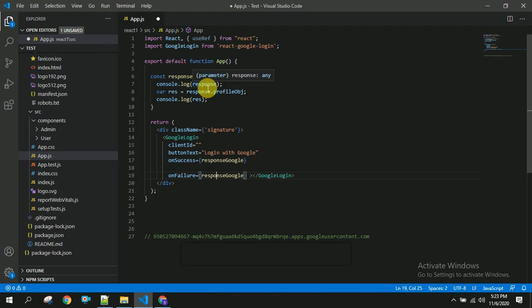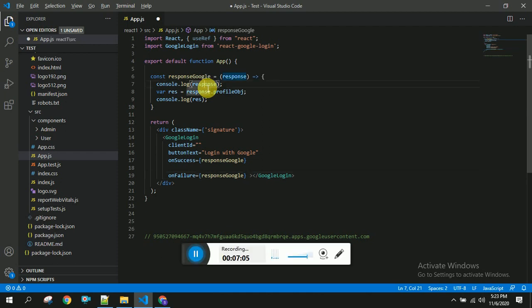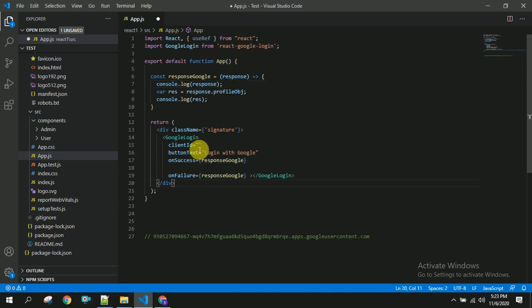We will be logging that into the console. Here you have to specify the client ID that you have copied. So I am copying this and pasting it here. Once this is done, you can go back to your browser and check whether it's working or not. I am saving this.